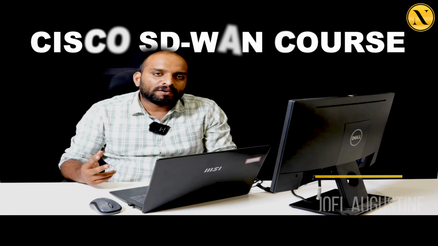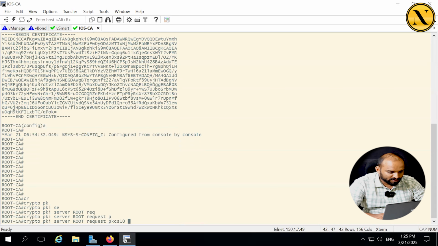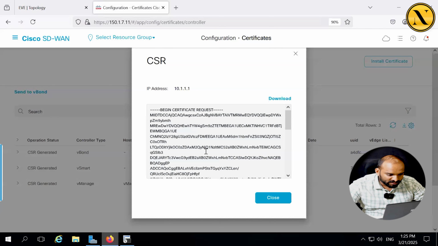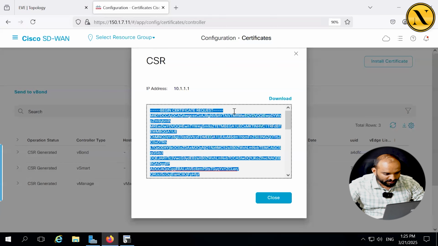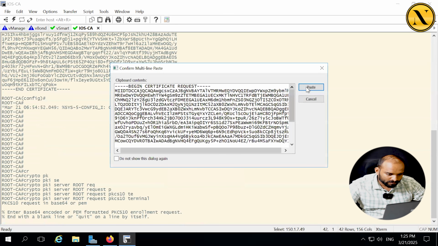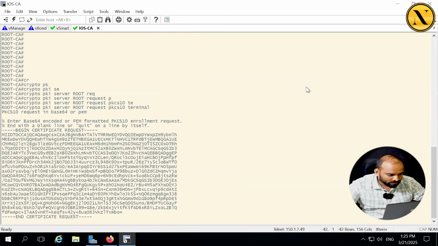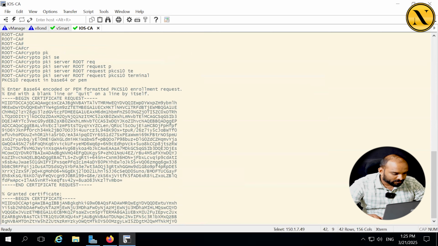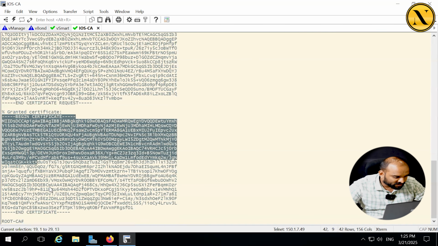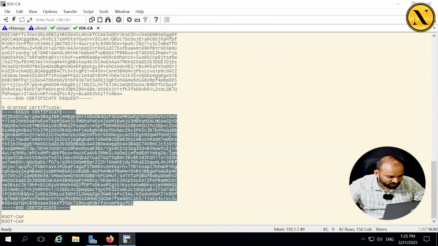I have to mention what is a server. The server name is root, and I have to mention request pkcs10 terminal. Okay, now I need to paste my certificate signing request into the root CA. And you can just press enter. You will get the signed certificate right now. The signed certificate, I'm just going to paste it to